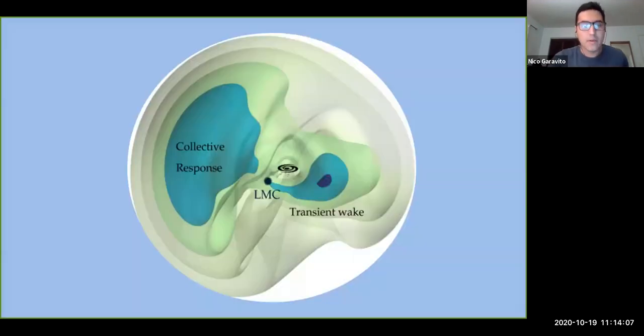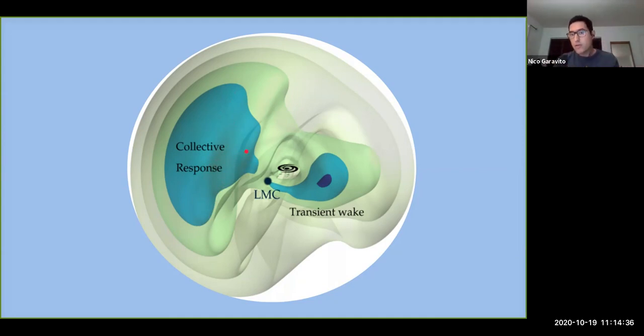And yeah, so I'm going to talk about the shape. So I already mentioned what is going on with the wake, which is here. This is the LMC. You can see the disk of the galaxy for reference. And then we have this huge overdensity region in the north, which is basically the remnant of the inner motion of the galaxy with respect to the outer parts of the galaxy. This is what we call the collective response. So this is what is going on in the halo